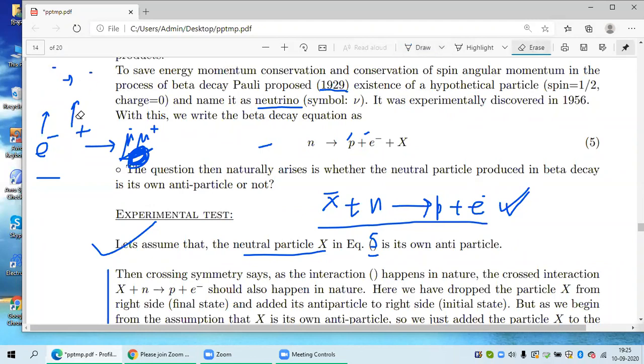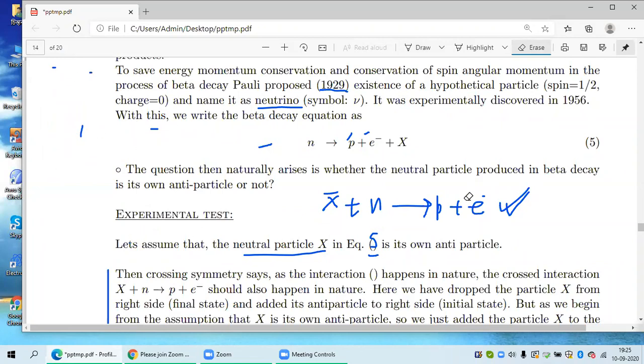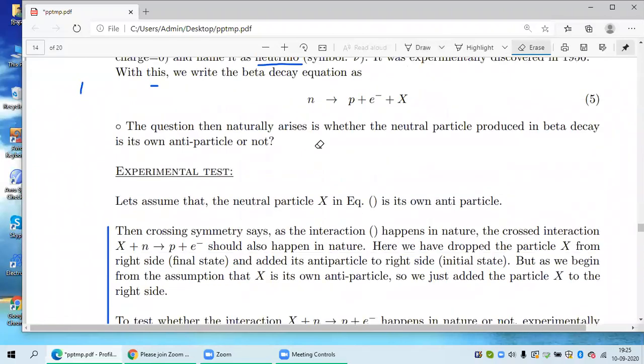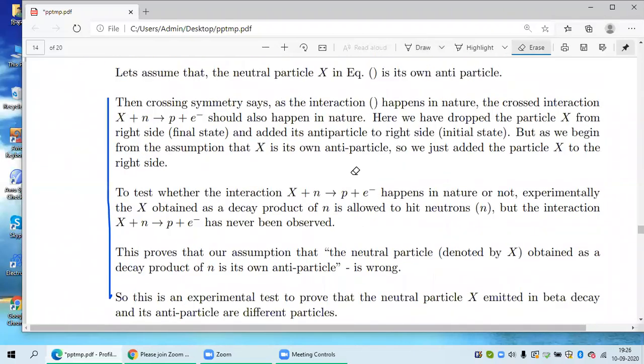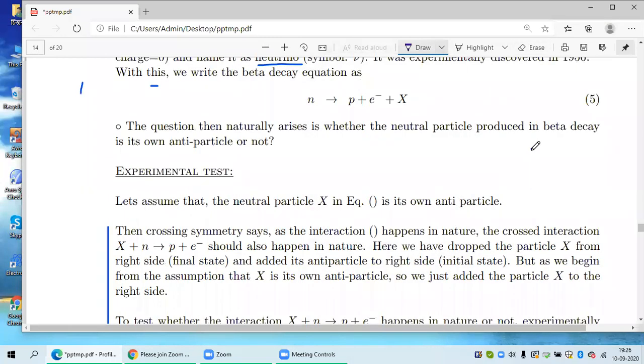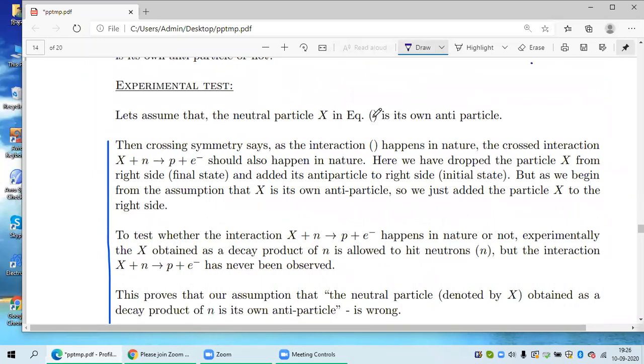So let me come to the conclusion that this neutron decay is energetically possible, and what I discussed, I have written here in words. You can read it. I am not reading it now. Today's lecture, when you read it, read very carefully. Okay. This here should be question 5.